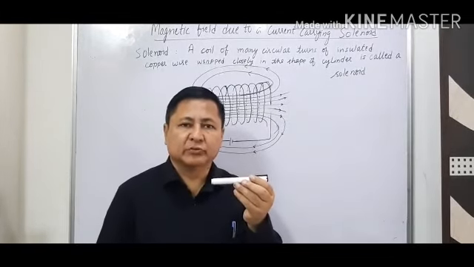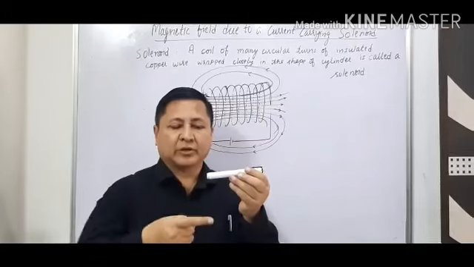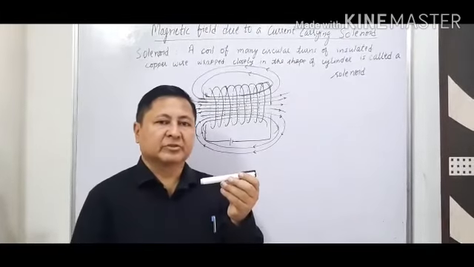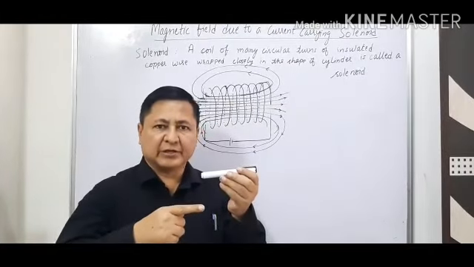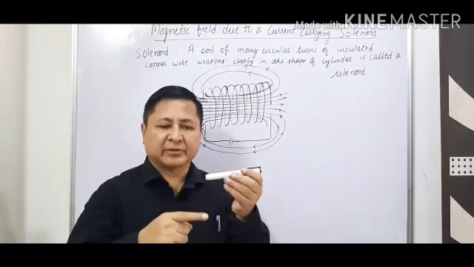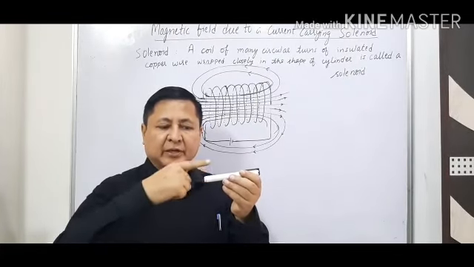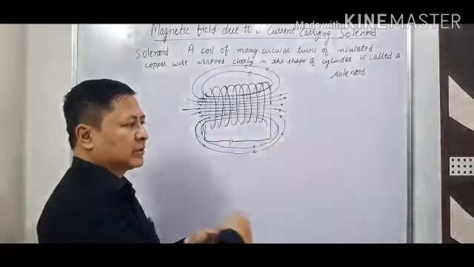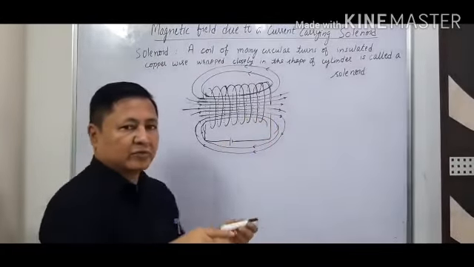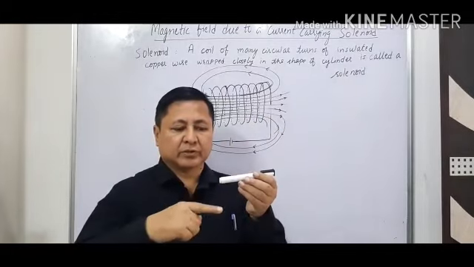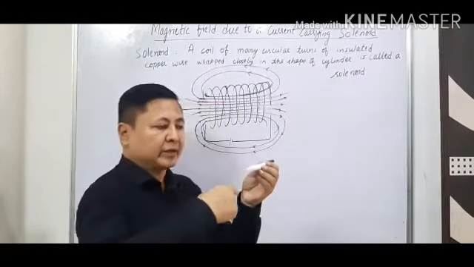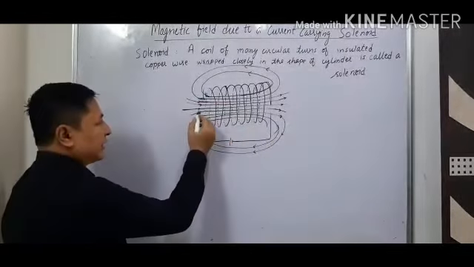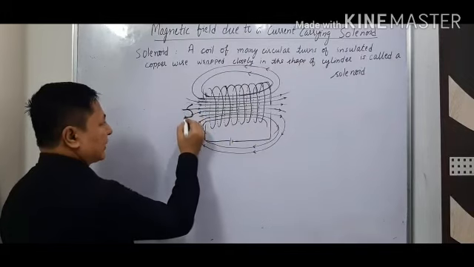Now the current can enter in two ways. It can enter from the back side or it can enter from the front side. This will decide the direction of the magnetic field produced in the solenoid. If the current enters from the back side and the turns are made like this, you can see it is clockwise. So when the current is entering clockwise, that side is considered the south pole, S.